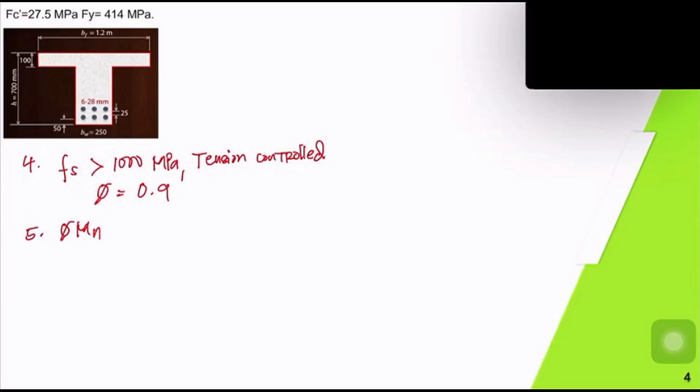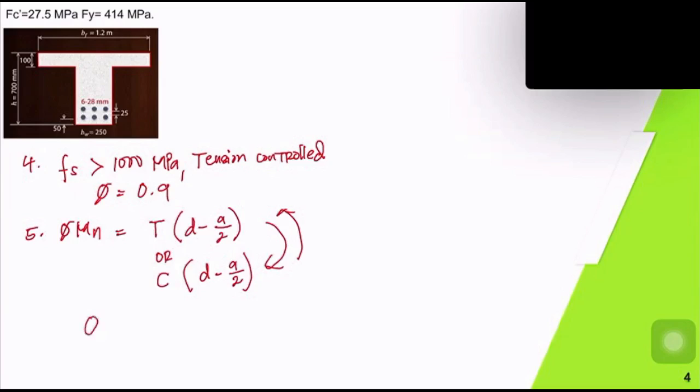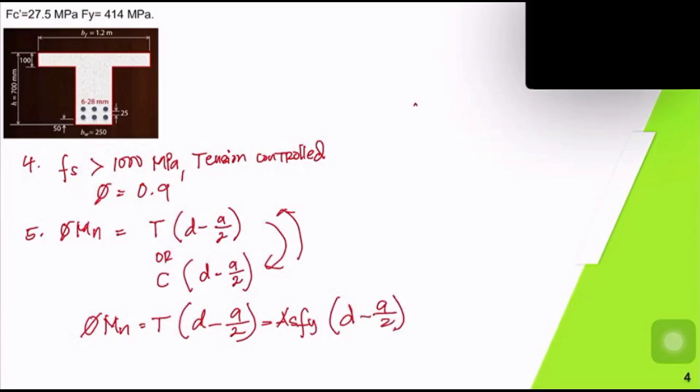Wherein, it can be tension multiplied by D minus A over 2, or compression multiplied by D minus A over 2. Any of the two, you can choose. So if tension, ang gagamitin natin, so phi Mn equals tension times D minus A over 2. That is equal to As, so it still yields, Fy D minus A over 2. So your phi Mn equals